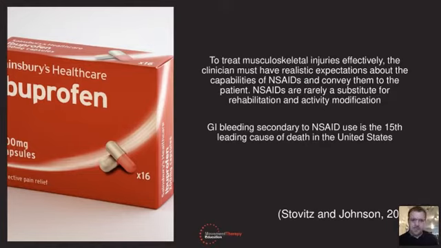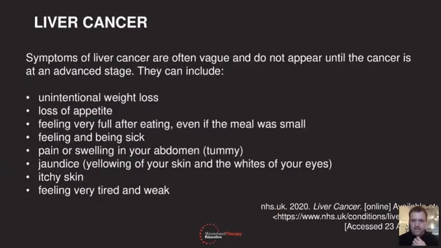Gastrointestinal bleeding secondary to NSAID use is the 15th leading cause of death in the United States. Okay, so overuse of non-steroidal anti-inflammatories is one of the 15th biggest causes of death in the US. So again, this may be linked to the case because of the gastrointestinal symptoms and the fact she's taking it. But to be fair, she hadn't been taking it for that long and not much. Okay, so there are some real issues with taking those kind of drugs. I know it's quite staggering, to be honest.